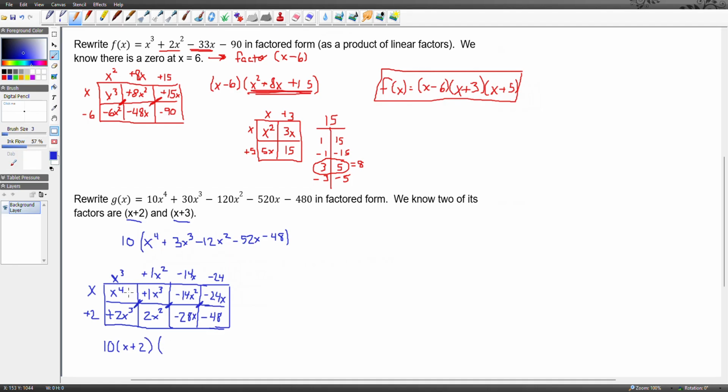And now we're left with x cubed plus 1x squared minus 14x minus 24. That's just these numbers across the top. But we need to keep factoring because we want to break it down into as small of factors as we can. So what we're going to do now is take this part here